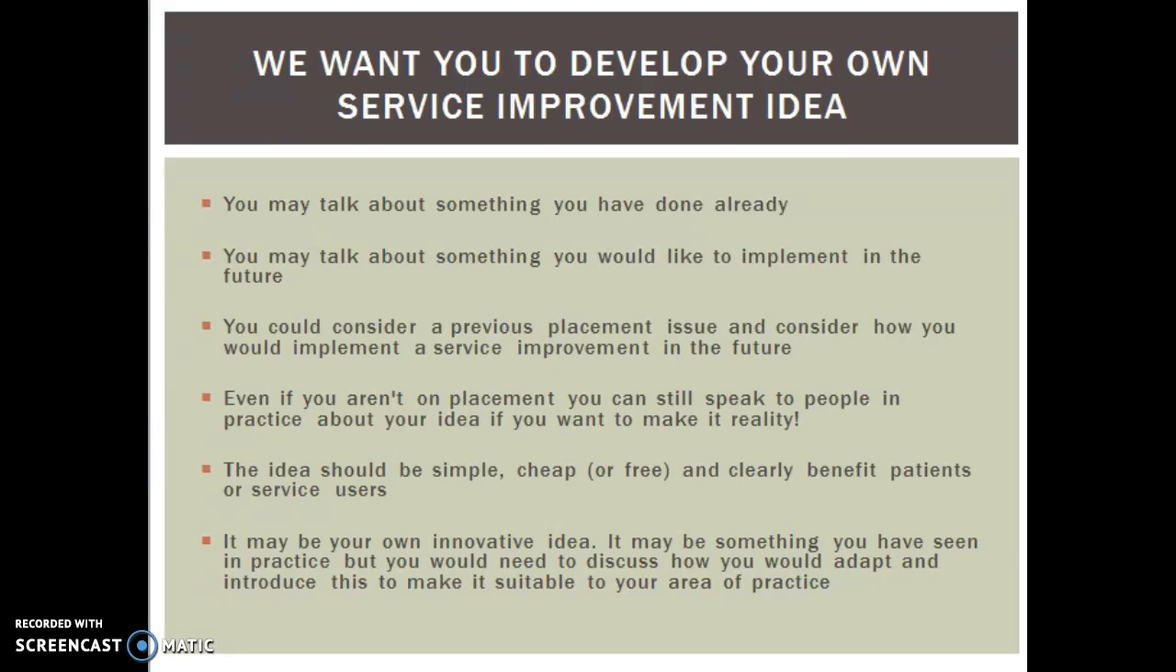Even if you're not on placement at the moment, don't worry, you can still speak to people in the trusts or out there in practice about your idea if you want to make it a reality. We have had students that have gone out there and gone to see people and got their idea implemented on quite a large scale. The idea should be simple, cheap, or even better free, and clearly benefit patients and service